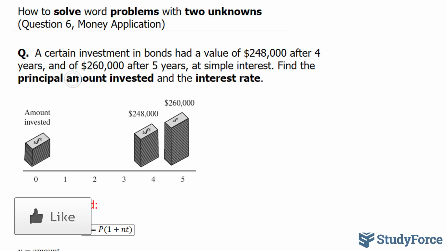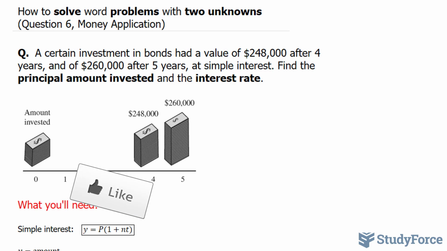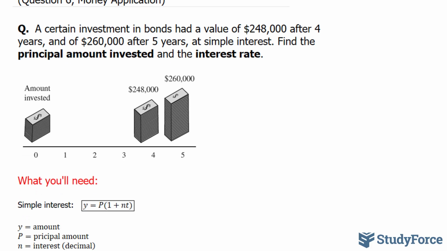We have the principal amount that's unknown, which is represented by P in the simple interest equation, and we don't know the interest rate either, which is represented by N in this equation. So for every unknown, there needs to be an equation created. Let's construct an equation for the 4th year, one for the 5th year. So at year 4,